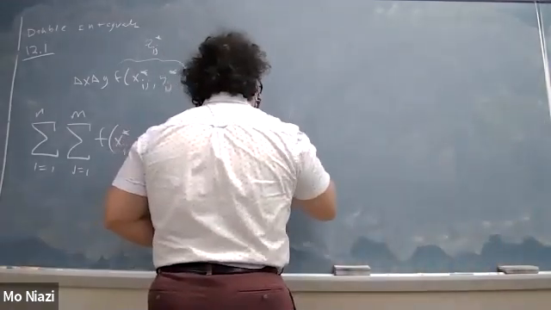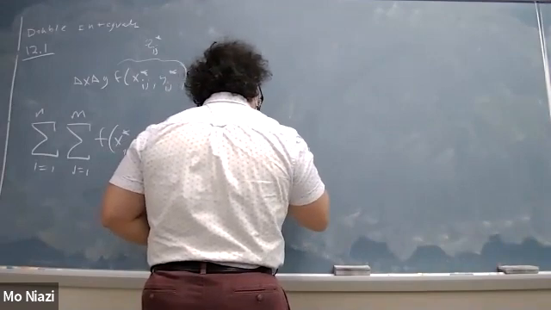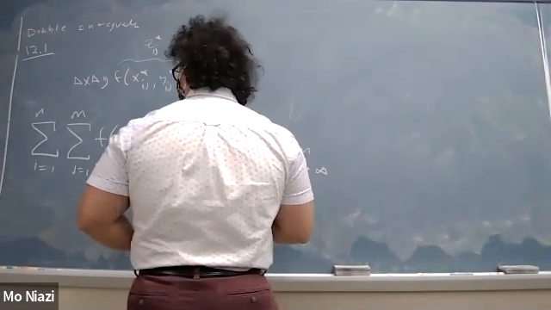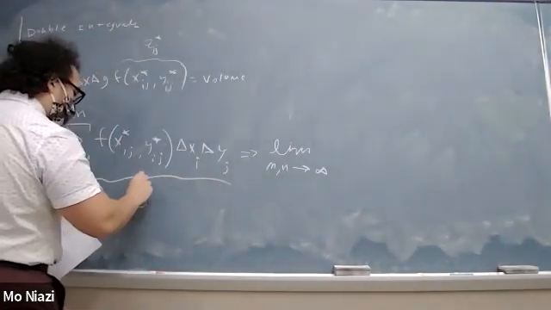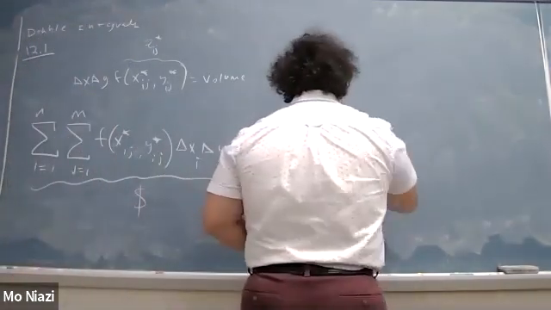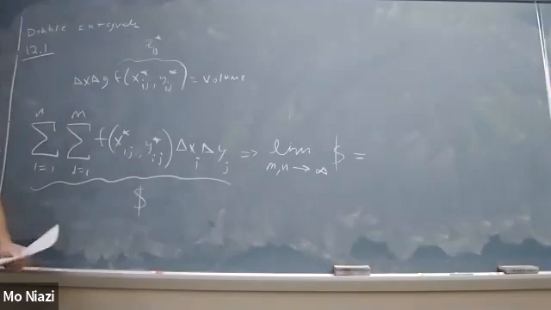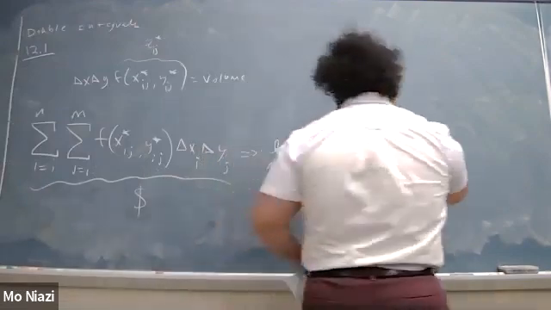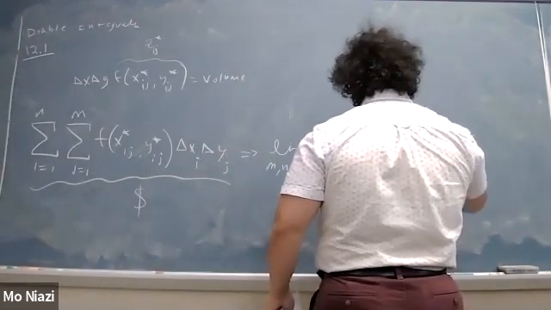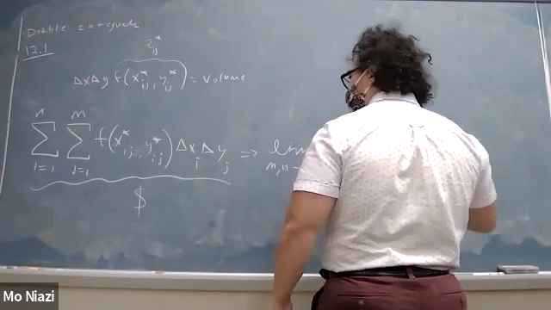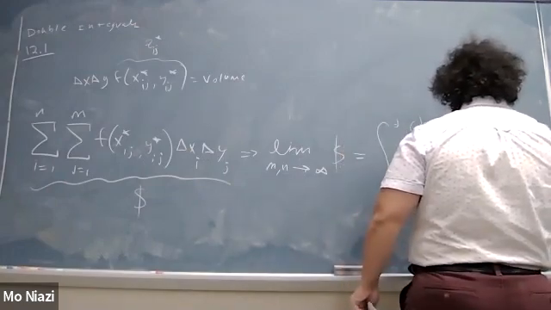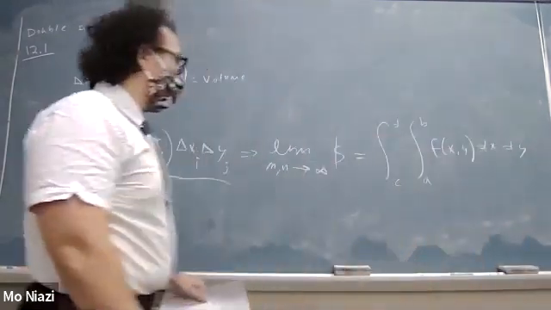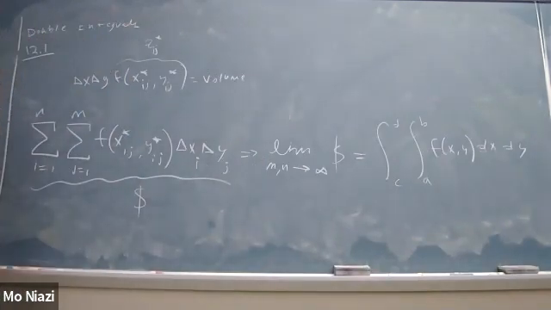So this implies that the limit as m and n approach infinity of this whole thing, let's call it that, I just don't want to rewrite it over and over again, converts into the integral from c to d, integral from a to b of f of x, y, dx dy. Where did that a to b, c to d come from? Remember, x,